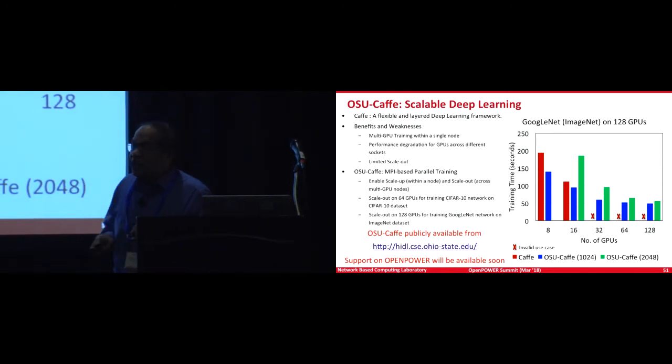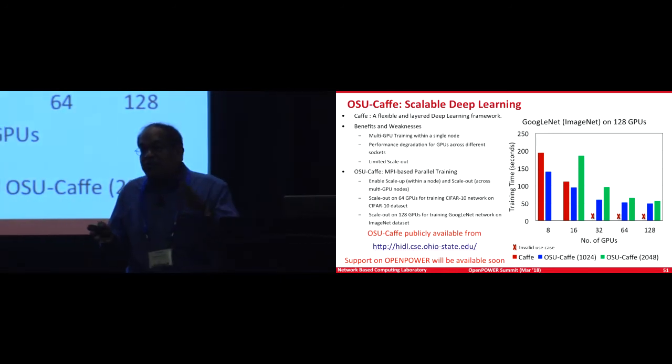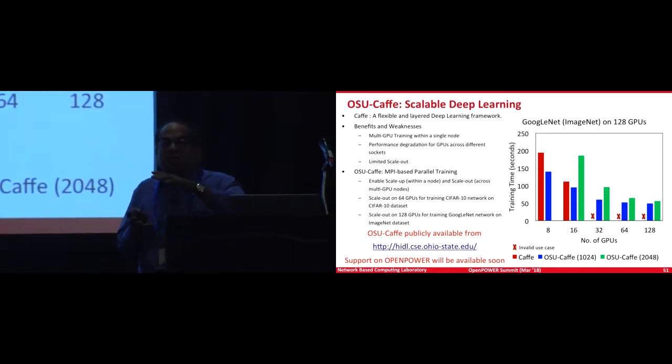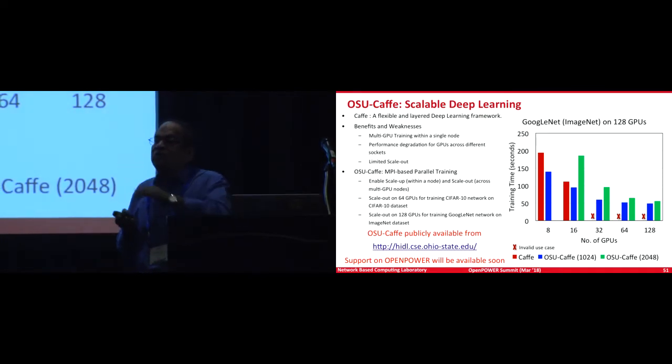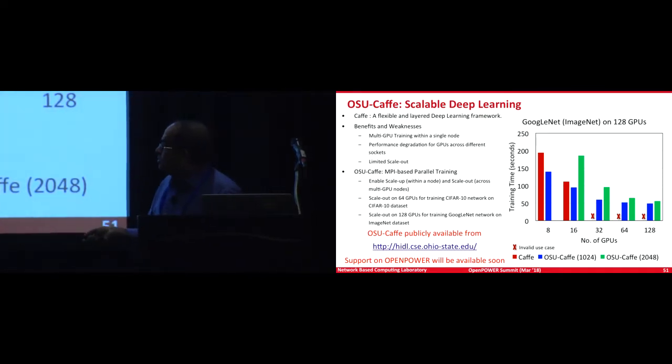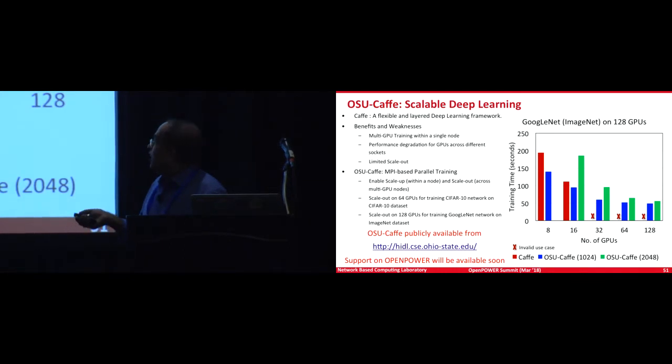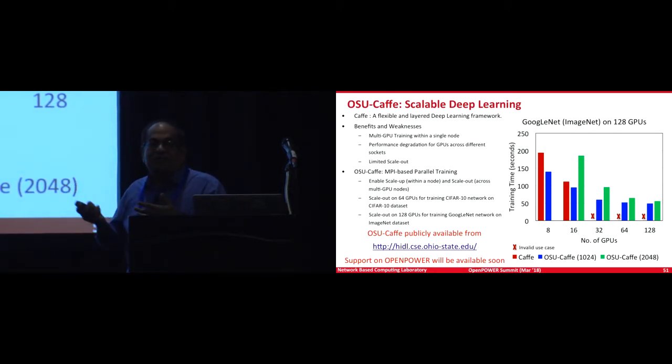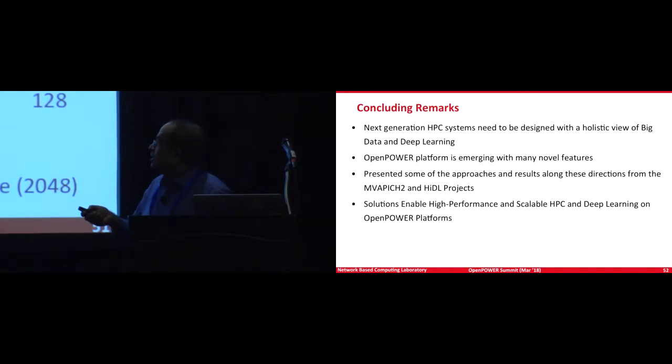Okay. We have not only optimized the MPI layer, we also do a lot of co-designing. We have a version of Caffe called OSU Caffe, which you can download. We released it almost 2 years back. At that time, we were able to scale up to 128 to 160 GPUs. Currently we are trying to make it work on OpenPOWER again. There are a lot of dependencies. This morning we heard a lot of these tools need to be redesigned for OpenPOWER. Then we should be able to directly run it on this.